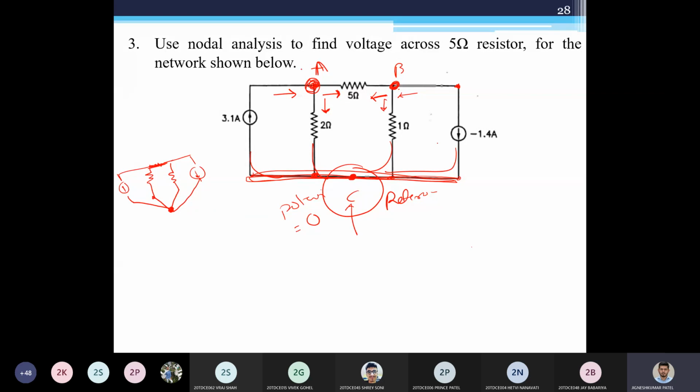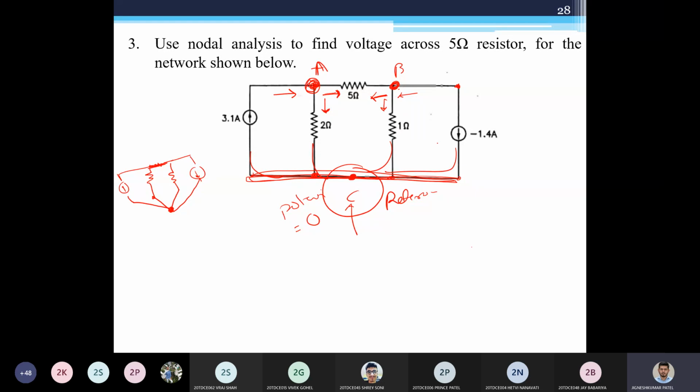Now I have assumed the current direction. This is purely assumption based, because if you look at this point, you'll see this is going in this direction and the opposite one is also going in this direction. So it is not possible. But this is purely on assumption. Whenever you find the correct answer, the answer will change the polarity. So you may get a minus answer, and that represents that the assumed direction was wrong. So I have assumed the direction of the current at each node.